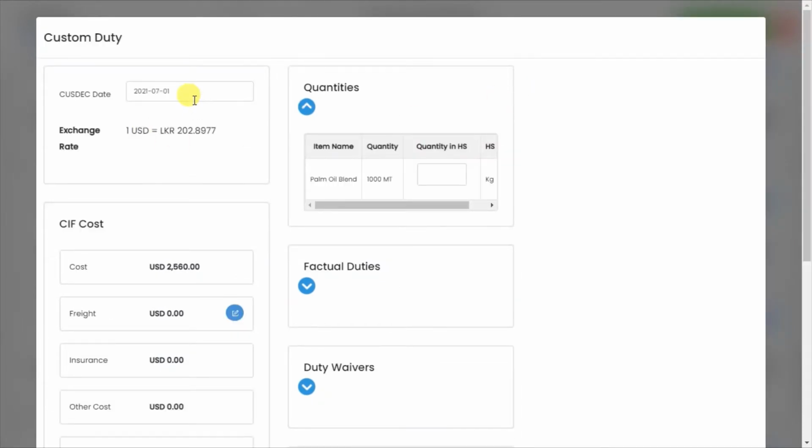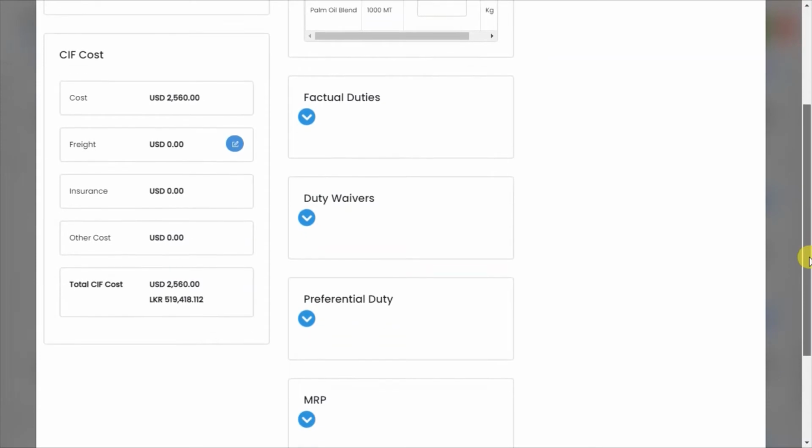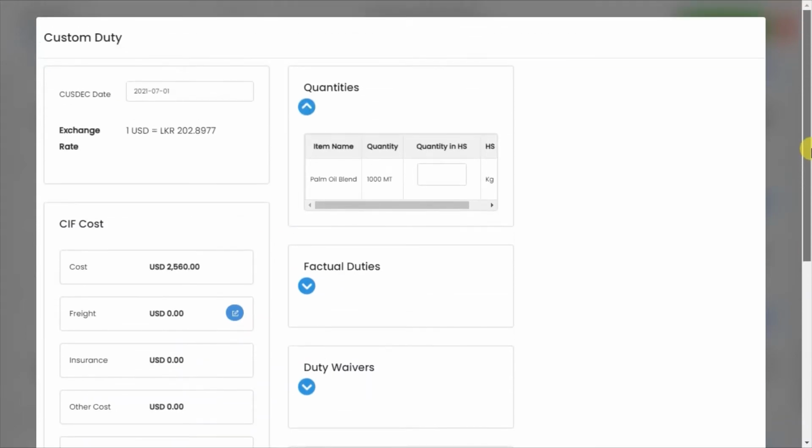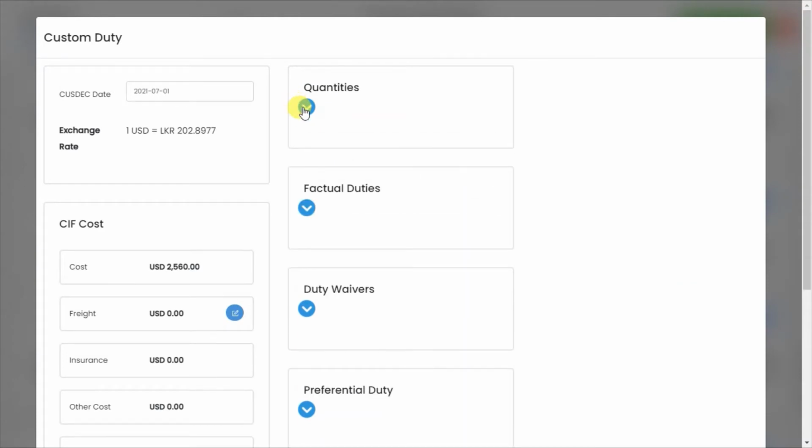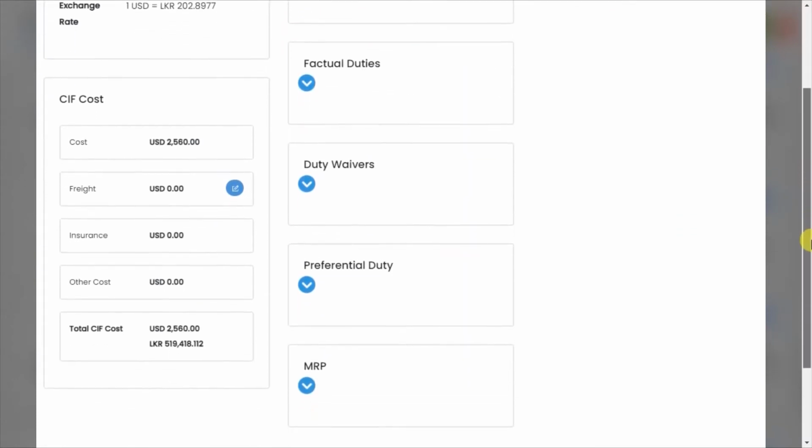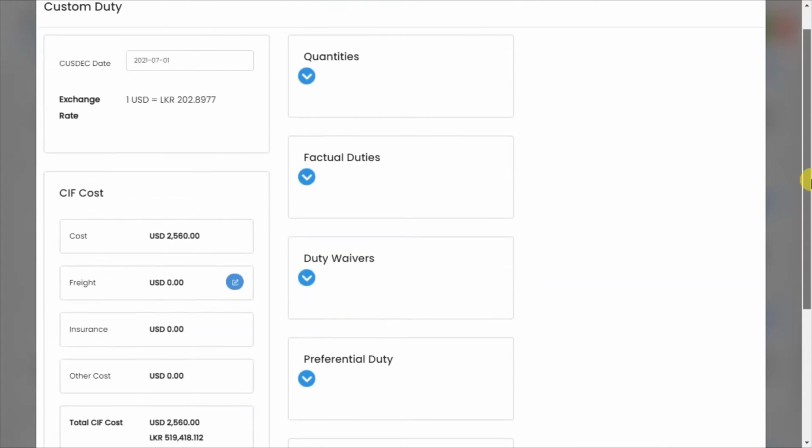After selecting the customs date, you can see the cost and also the CIF cost, the total CIF cost and the total CIF cost in local currency. Then here you can see some sections such as quantities, factual duties, duty waivers, preferential duty, MRP.